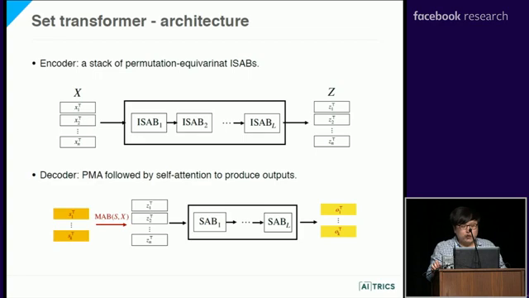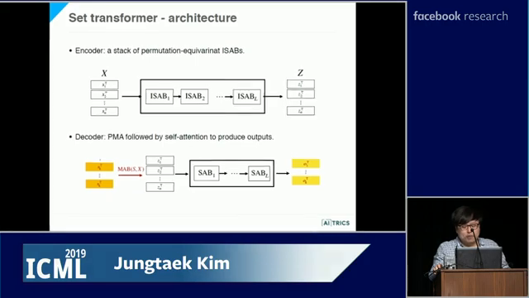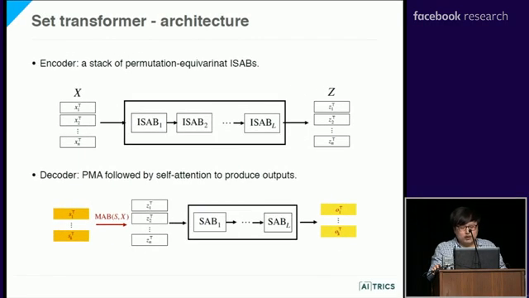So here is the overall architecture of Set Transformer. The encoder is a stack of permutation equivariant ISAB blocks. For example, there are L stacks of ISAB blocks. G is the output of the encoder, and then G is input to the decoder. The decoder is PMA followed by self-attention to produce outputs. The seed vectors are passed through PMA, and then the output of it is passed through L SAB blocks,